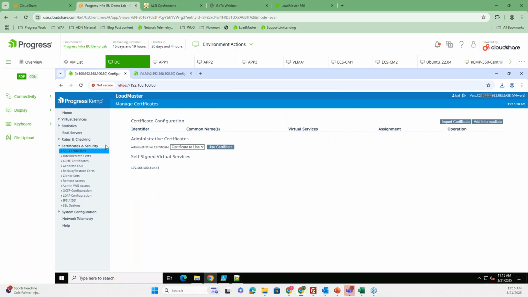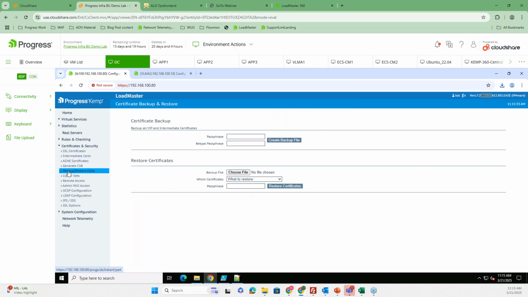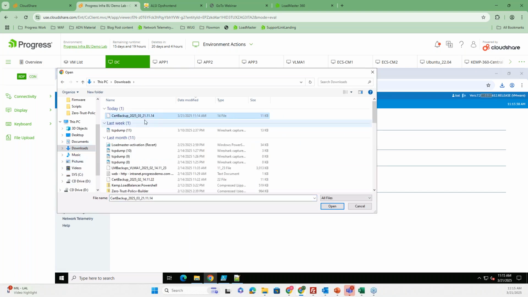So now, as you see, there are no certificates installed on this guy anymore, but I can go into the certificate backup we just downloaded from my other HA pair, just created now.